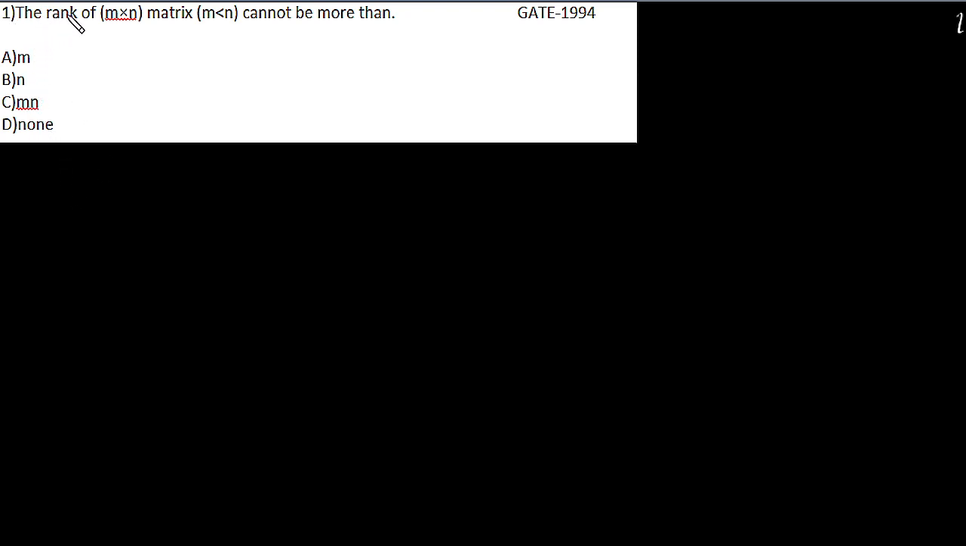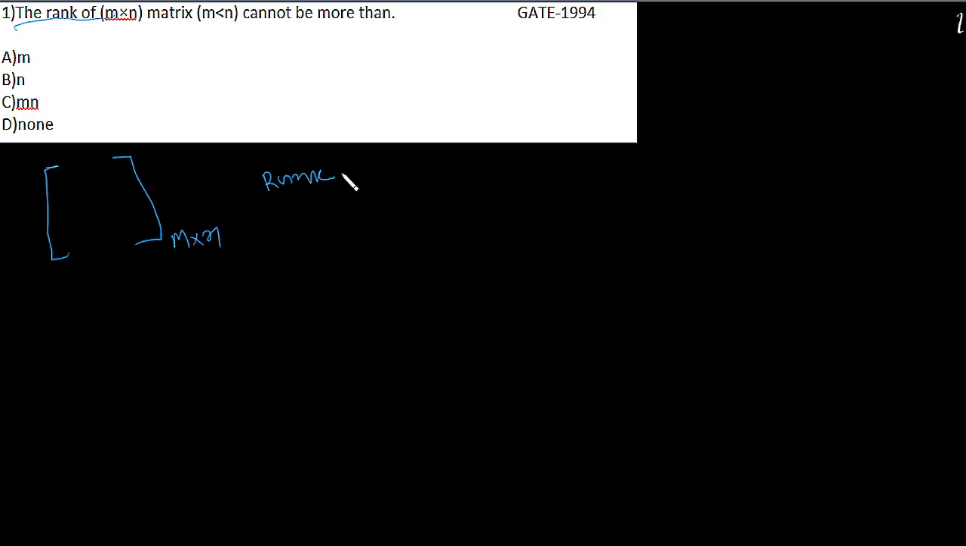The question says that the rank of the m cross n matrix, where m is less than n, cannot be more than... Okay, so they are asking about the rank of the matrix. Let's suppose this represents our matrix, whose dimension is m cross n. Now we know that the rank